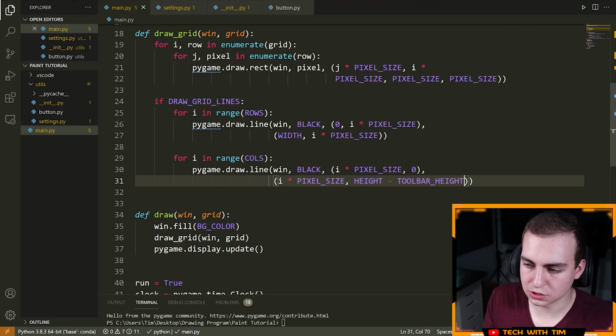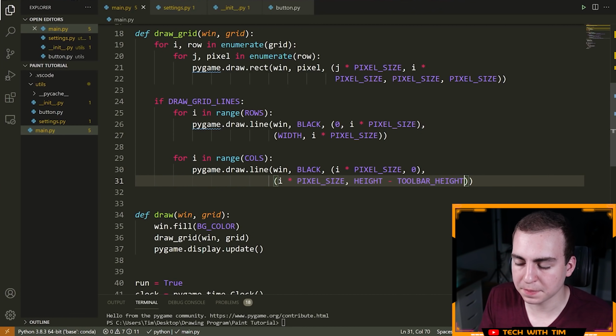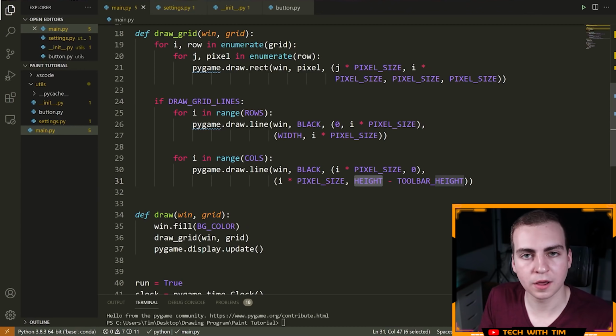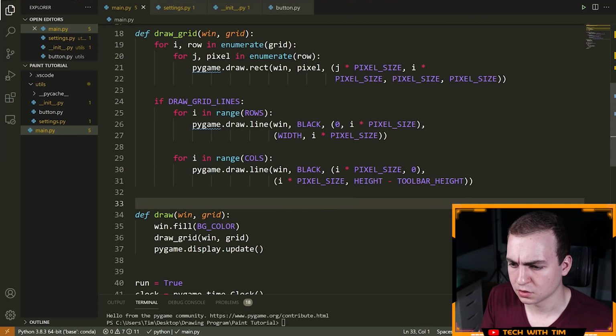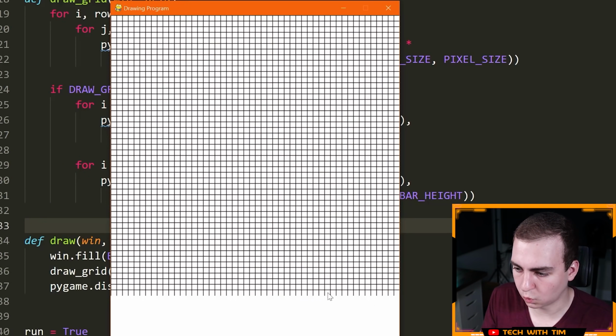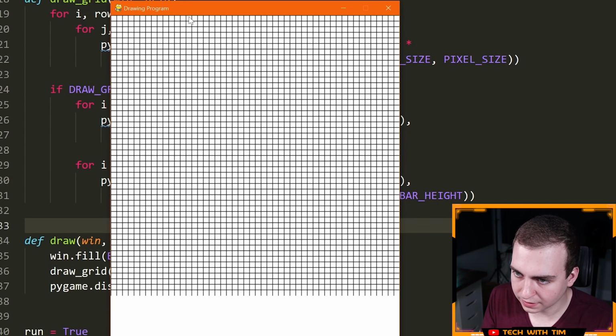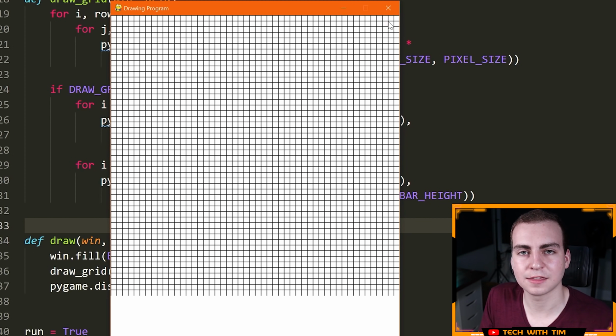Now, the reason we need to do this is because we don't want to be drawing the grid lines where the toolbar is, because that is not where the grid or the drawable canvas area is, right? So we want to draw it up until the toolbar height. So we take the total height of our window and subtract the toolbar height. And then, of course, that gives us the height that we need. Hopefully that's clear, but that is how you do that. So now if we run this, we should see that this is all good. But notice we're missing one line here. The reason we're missing one line here is because you can see how there's this one line at the very top, right? That line at the very top is when the row is equal to 0.